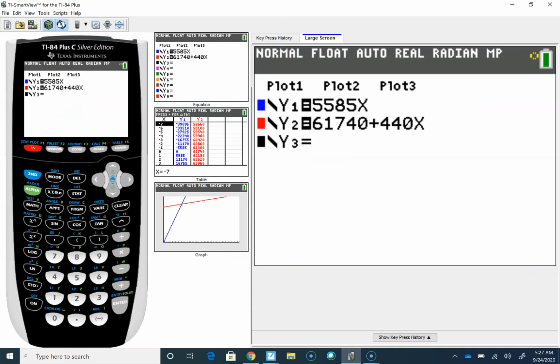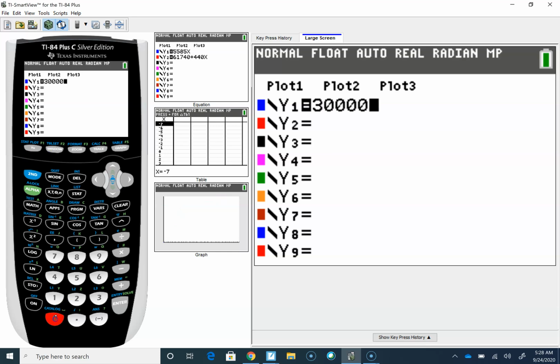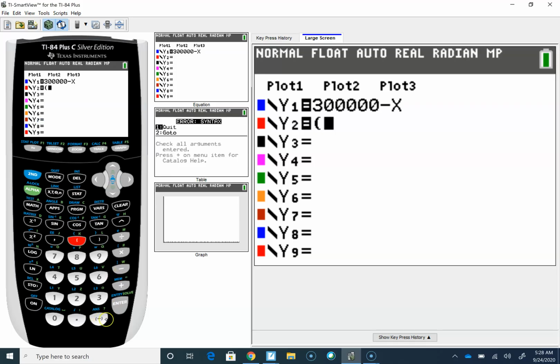I'm going to go up to my Y equals. I'm going to clear these out. And then I'm going to go ahead and put in what I have here. So I have 300,000. Make sure your zeros are right. That's a very common mistake. I even make it, that you have enough zeros to make your 300,000. And then I'm going to put parenthesis. Make sure you use the negative, not the subtraction, or it'll give you an error. So negative 0.12x